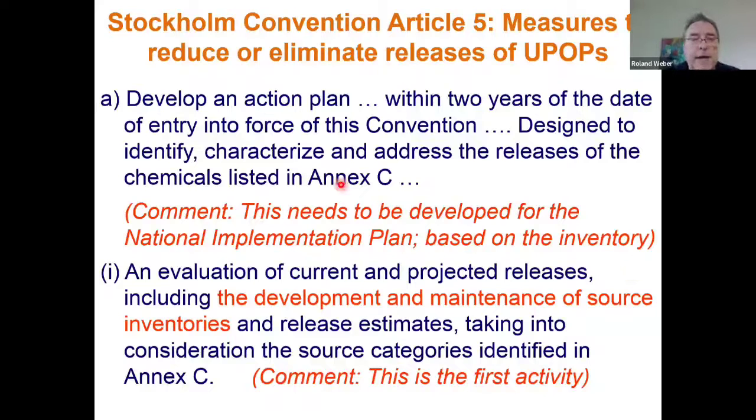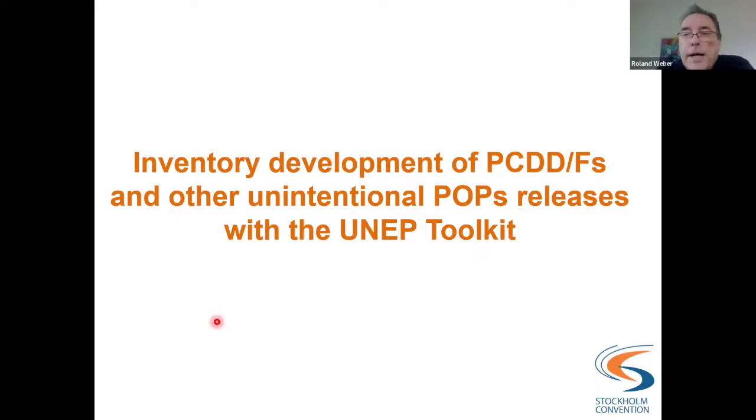So because of that, here paragraph I of Article 5A says an evaluation of current and projected releases, including the development and maintenance of a source inventory. Yeah, and that would be then the first part of your activity in respect to dioxins and other unintentional POPs. And here in a few slides, I want to introduce you this UNEP toolkit, which is